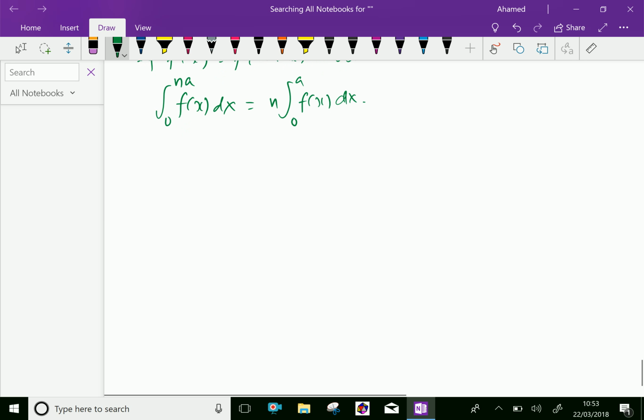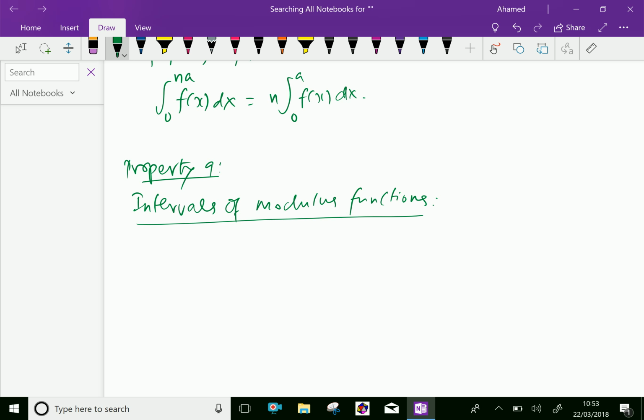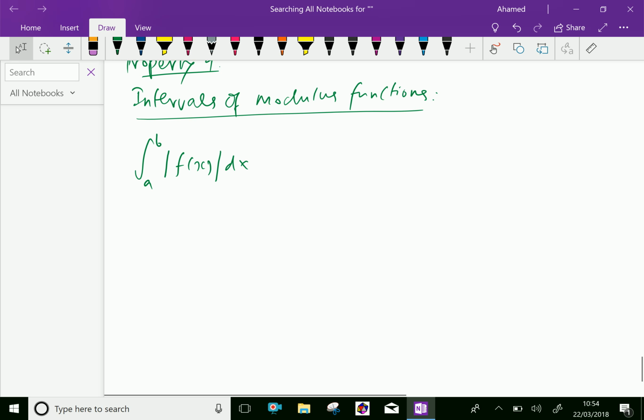Now next property 9 we will do. That is integrals of modulus functions. Here, integral a to b of modulus of f of x dx. To integrate,